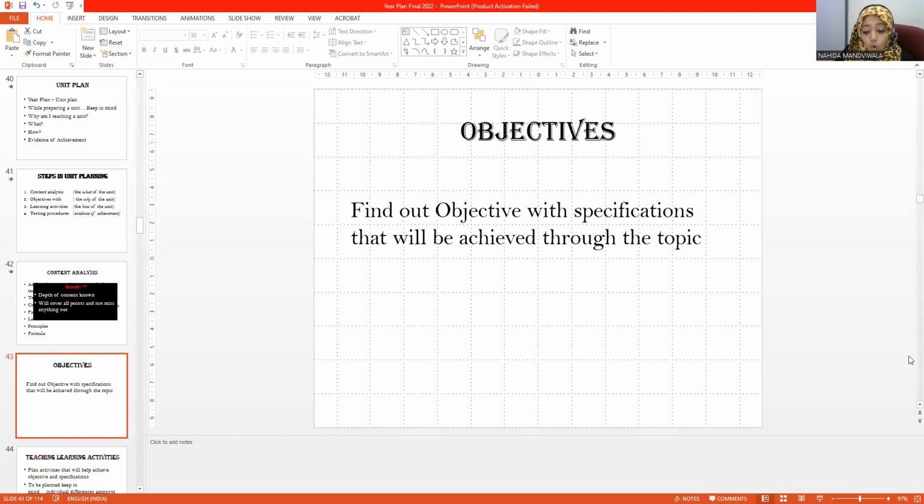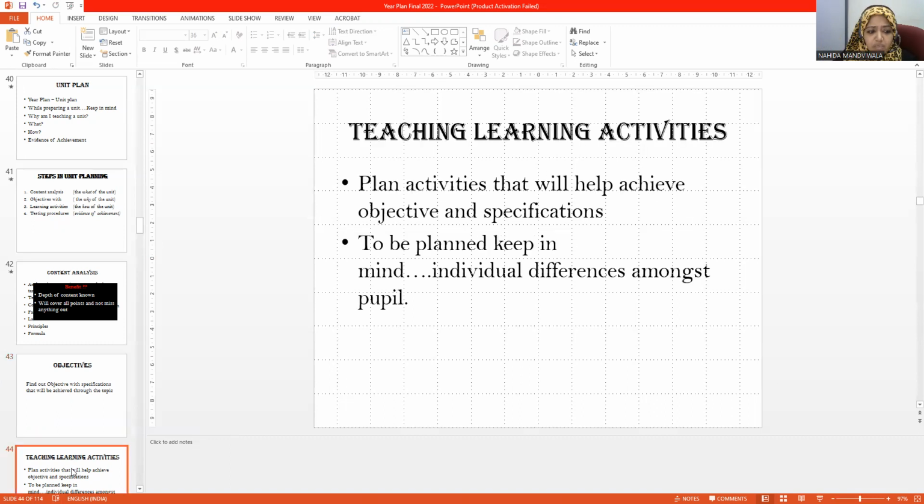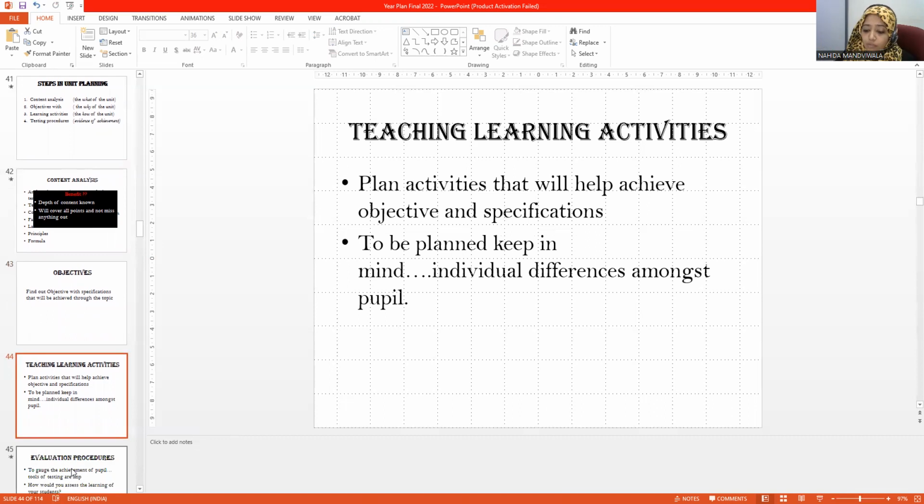Now, to organize these learning objectives, to understand that your objectives are successfully achieved, you need to very intelligently decide on your teaching learning activities. Now, to organize these teaching learning activities in the most beneficial and the most befitting ways is not only an art but a science, wherein you as a teacher will have to keep the students' individual differences in mind. You will have to keep the psychology of the learner in mind, and accordingly you will devise your teaching learning